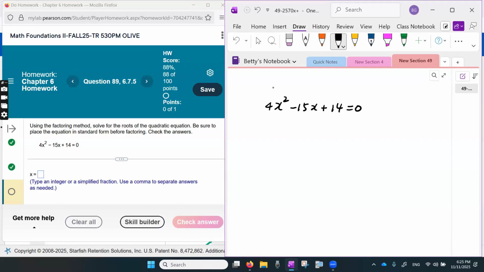This is a quadratic equation. It is already in standard form, which is good. Right side is 0, left side is 4x squared minus 15x plus 14. We want to factor the left side. If we don't have this 4, we can use the shortcut, right? But we have a 4, so when the leading coefficient is not 1,